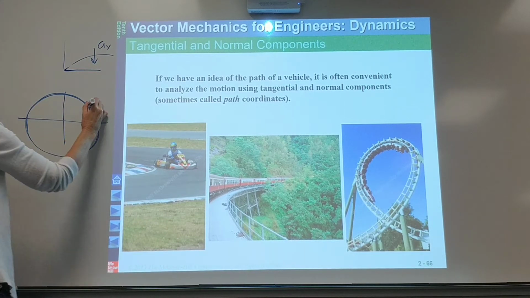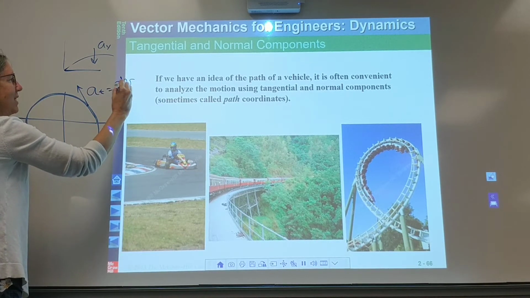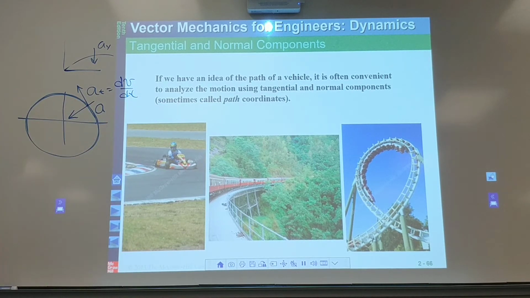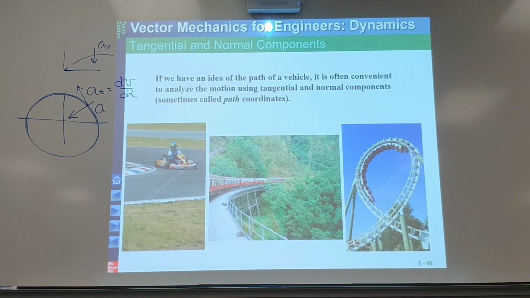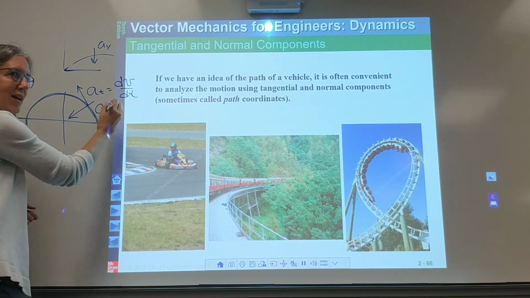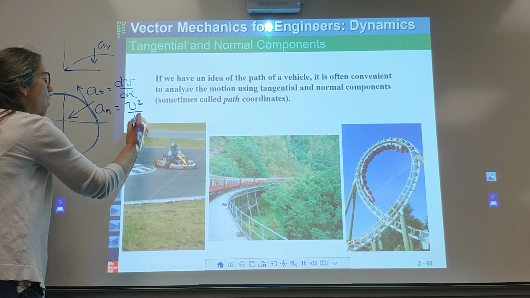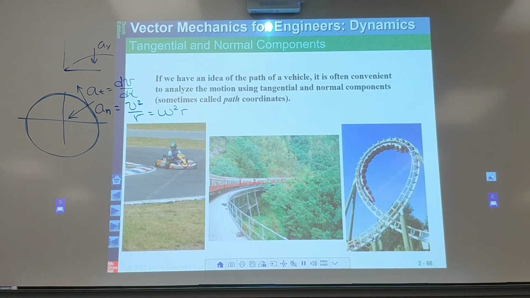Yes. So we'll have a tangential, an a sub t, which is due to dv dt. Okay, and we also have what we call a normal or centripetal, or I always forget which book uses what name. So they call it normal. We'll try to maintain some consistency there. So in your other text, it called it a sub c, which is the same as a sub n, is equal to v squared over r, or omega squared times r. Okay? So if you were to use